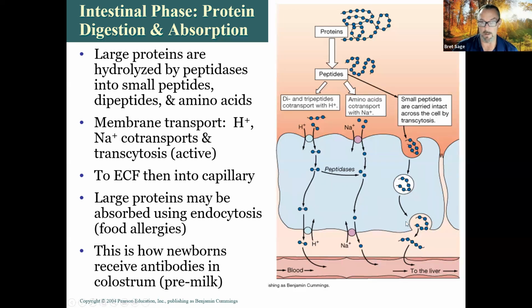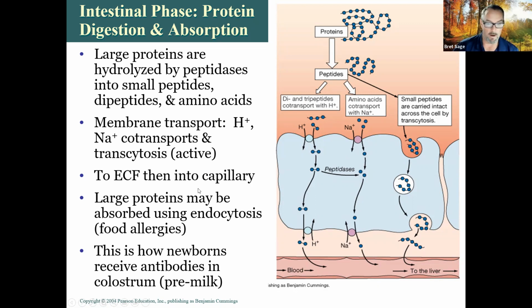Because of the fact that your body does pull in these full proteins, please note that proteins from strawberries, from peanuts, from shellfish are made of the exact same amino acids as all other foods. It's just the fact that they're connected together in a certain order that gives rise to the food allergy. And that would not be the case if you broke down every single food into individual amino acids. You would never get a food allergy, but because you bring whole proteins through, that ends up in the blood, your body attacks it and overreacts, and that can lead to anaphylaxis and death eventually for people who are sensitive